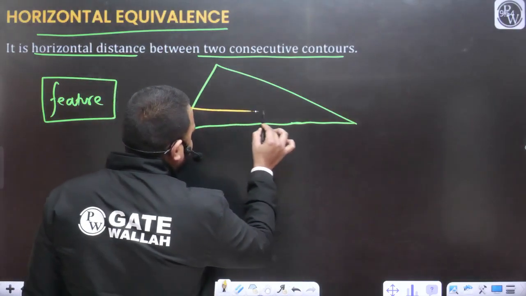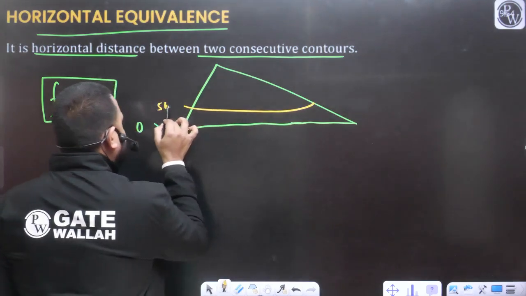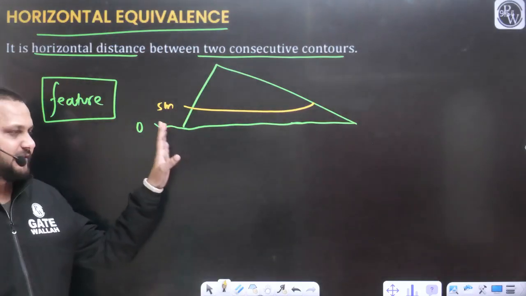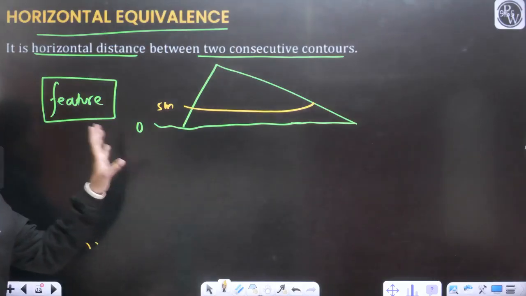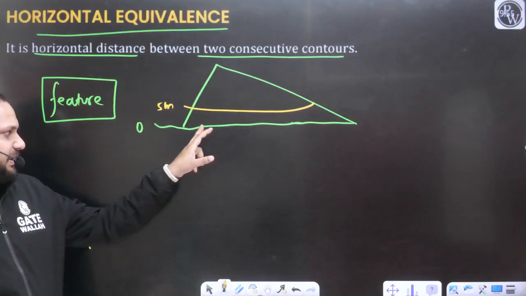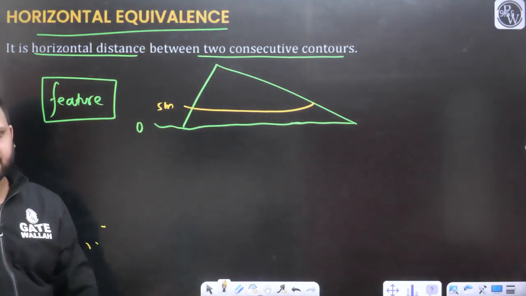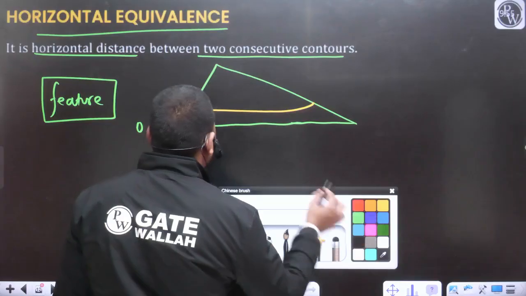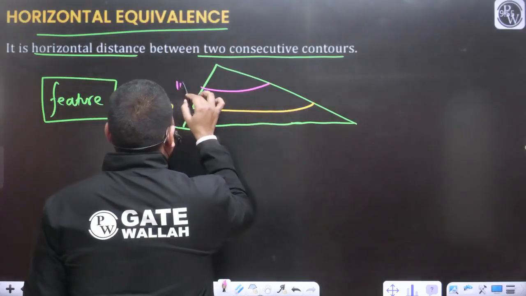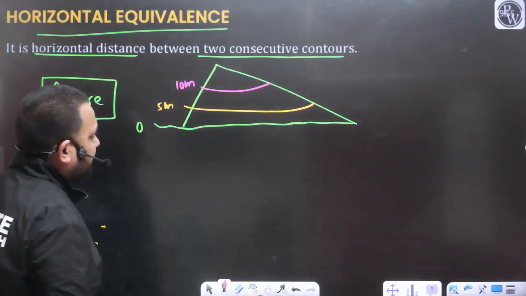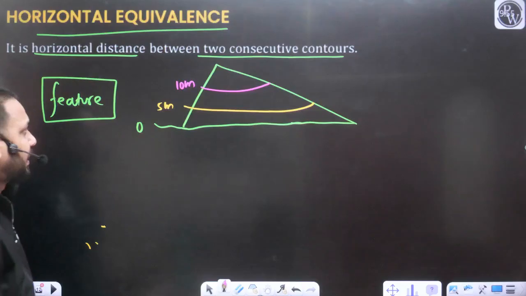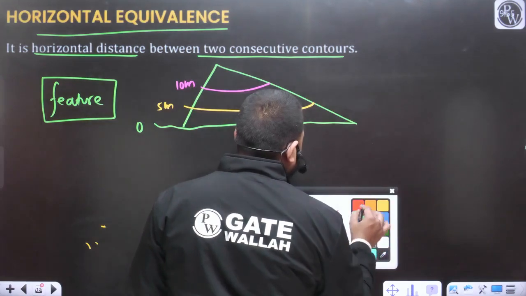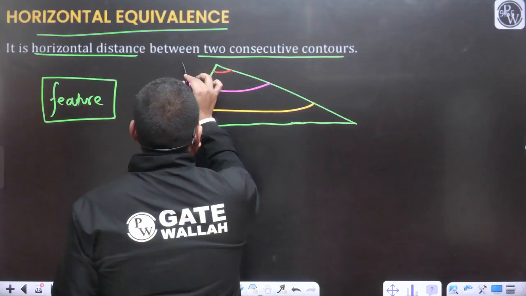Let's say they have an elevation of 5 meter. With the help of staff and level instrument, we can locate all the points which have an elevation of 5 meter from this level. Yes or no? Similarly, let's say we also find a contour of points at 10 meter. And similarly, one more contour of points at 15 meter.